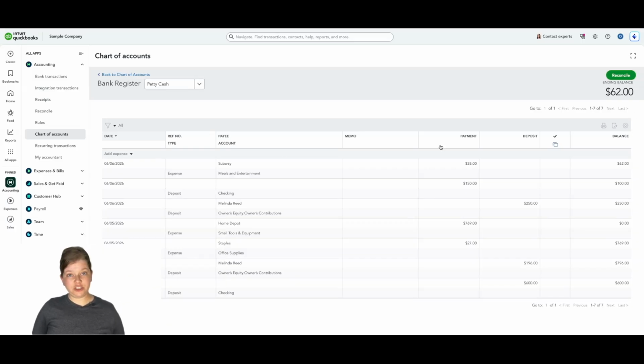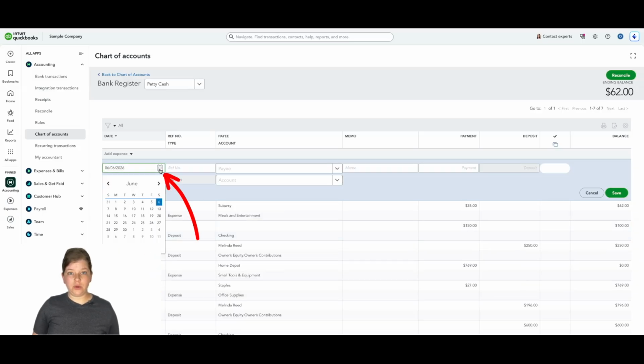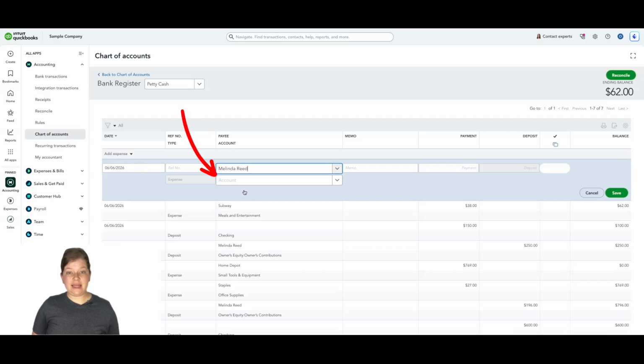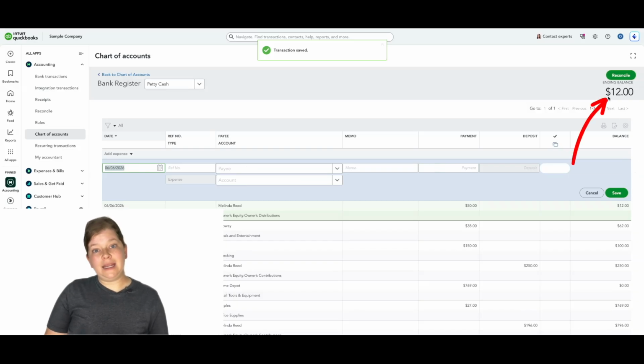Here in the petty cash register, we're going to go to the drop-down arrow again and choose Expense. We're going to choose the date, your name in the payee field. In the account field, enter owner's distributions or whatever your equity account is called. And in the amount field, let's enter that $50. And then we'll click Save. And now our ending balance matches that $12 that we have here in the petty cash,